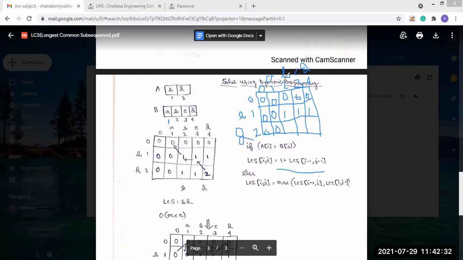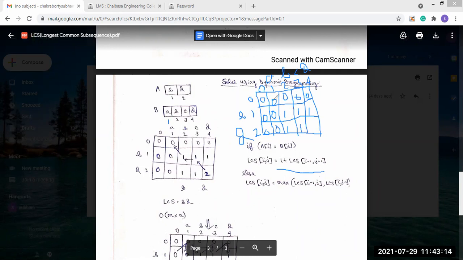Then here it is D, and here the value is B. So D and B, that means mismatch. So mismatch means what? Again, we will check between them. What is the maximum? 0 and 1 between them. The maximum is 1. So we'll put 1 here. Then it is D, and this character is C. So between D and C, this is mismatch. So mismatch means we will have to check what is the maximum value. So here it is also 1, here it is also 1. So that means maximum is 1. So we will put here 1.